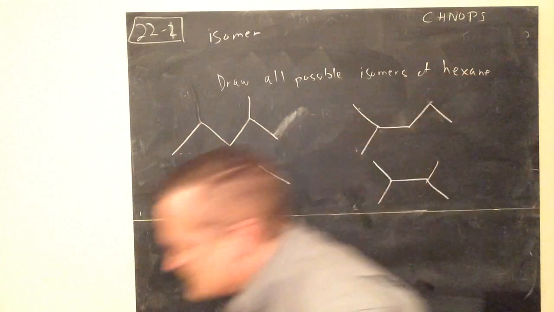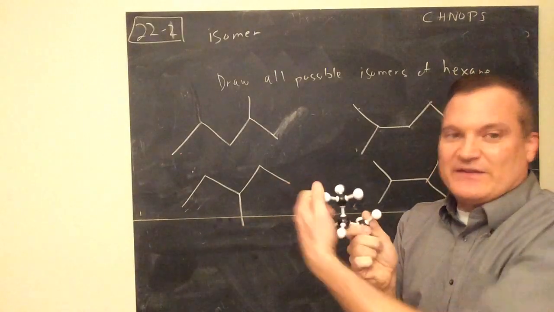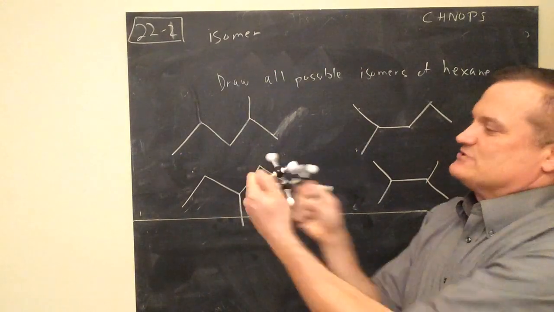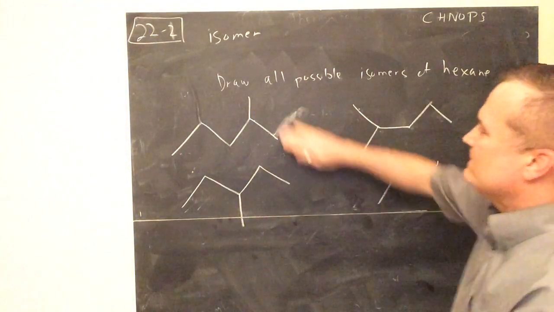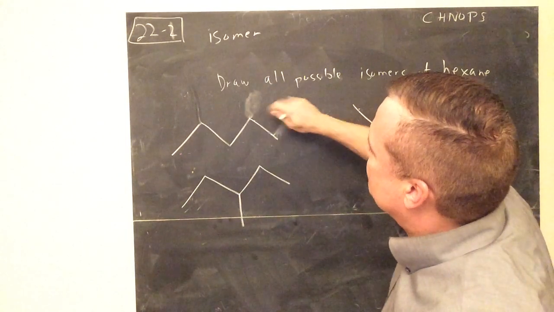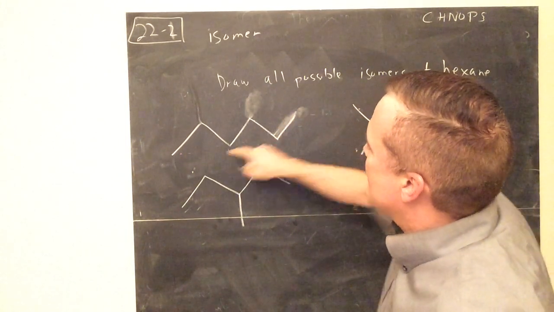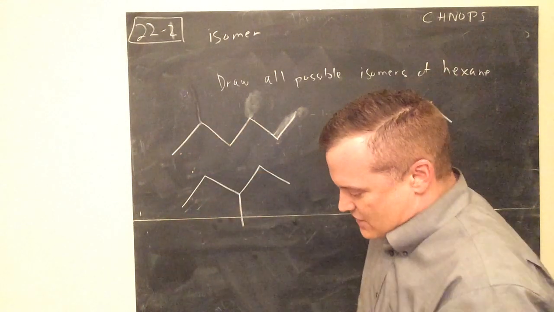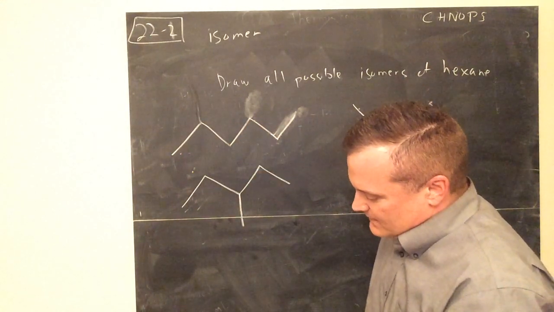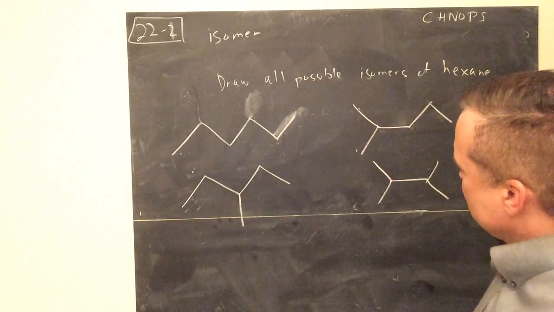And if you were to build something like that with a molecule set, you'd say, oh, if I put it there, then all I would say is, just turn it around. Oh, it's the same thing. So it's not really an isomer unless it's a different bonding set. 1, 2, 3, 4, 5, 6. Okay. Let me think. Then you can also make